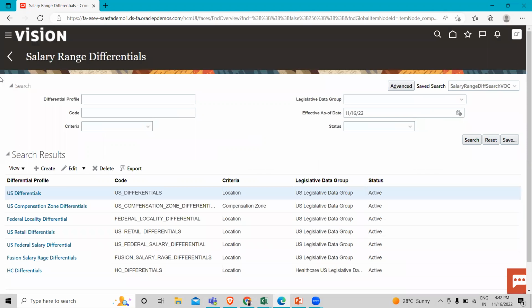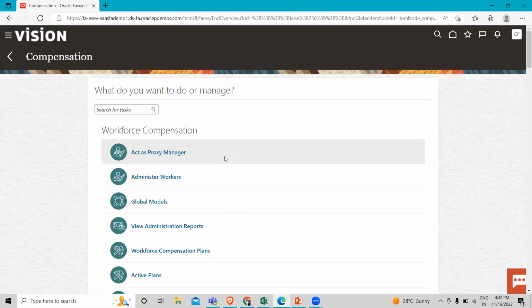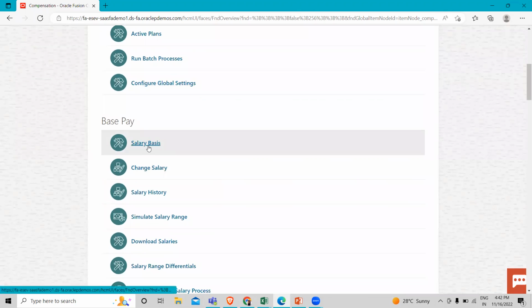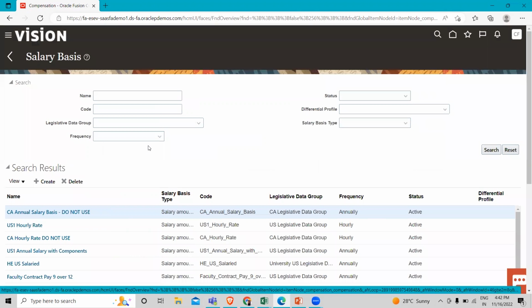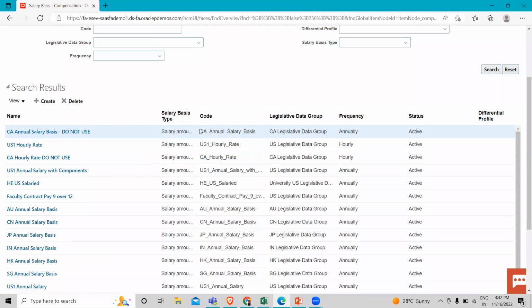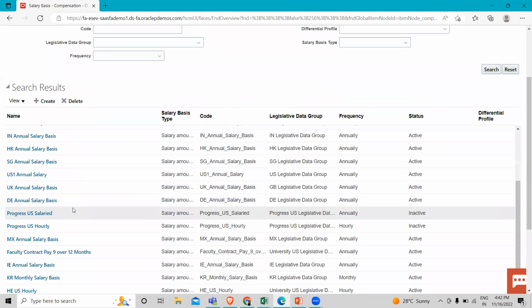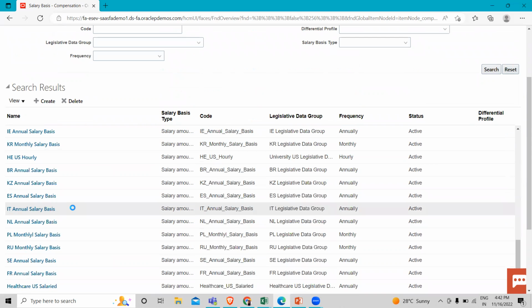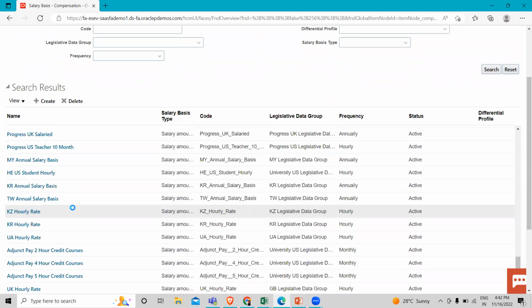So if you remember, when we create the salary basis, I'll go to the Salary Basis option and take any existing salary here.